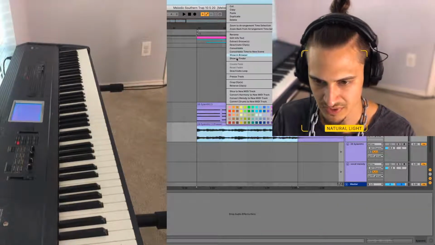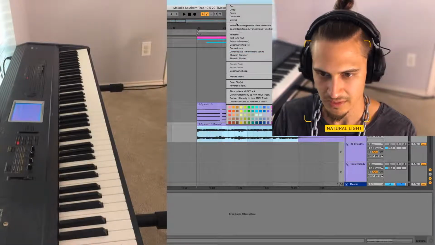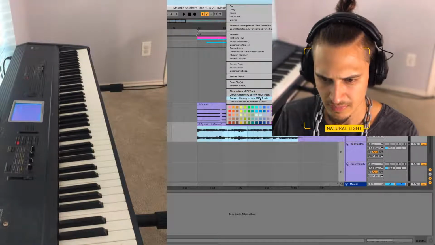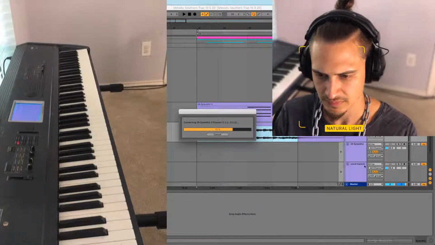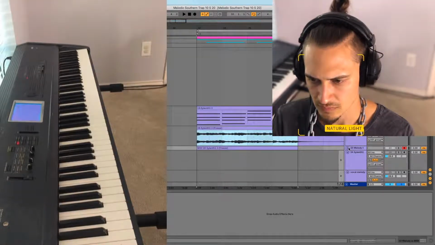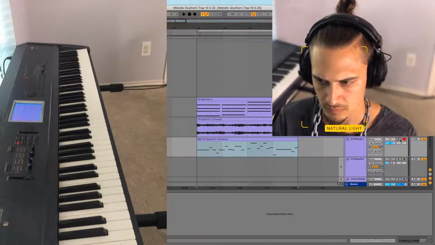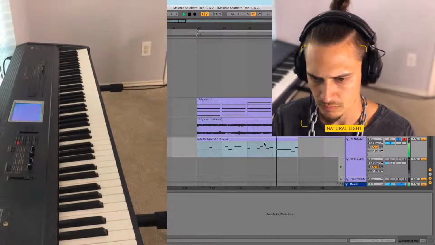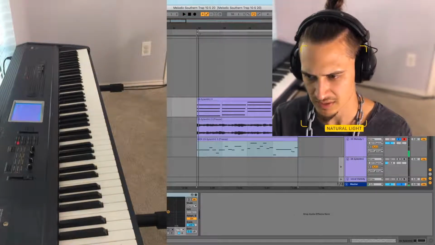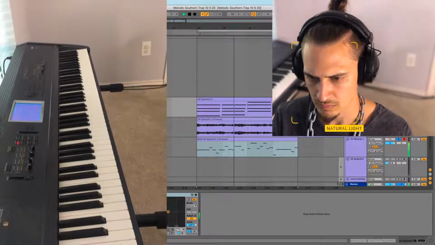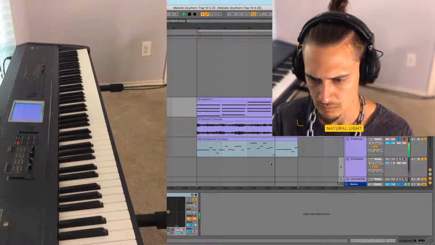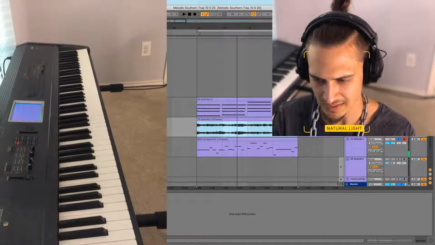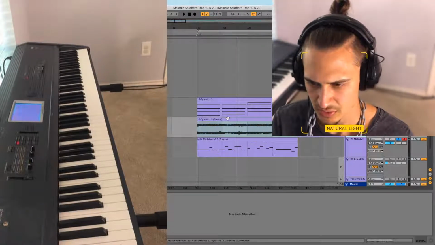And then let's do this, convert audio to MIDI. I know that's in here somewhere. Convert melody to MIDI track. Let's see how close that is. It's not that close actually. Maybe if I get the chords in there, let's do